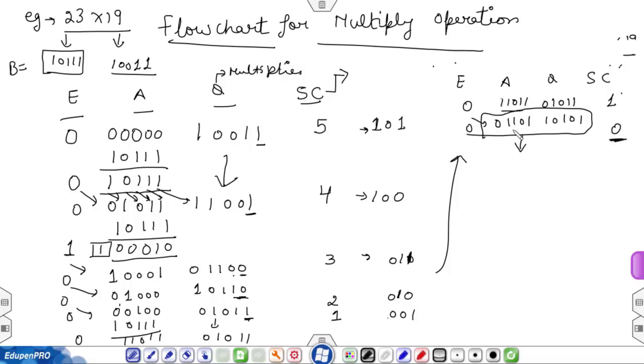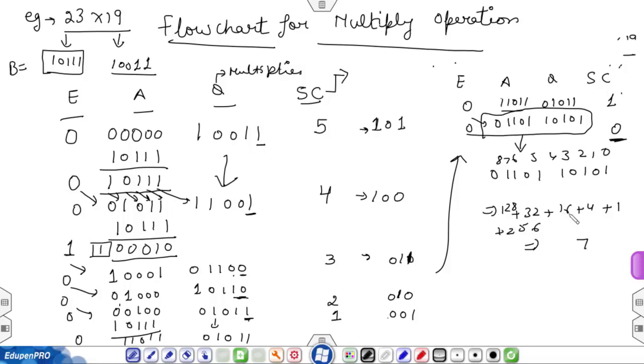Now here you can check the value 01101 10101. It will be equal to 1 plus 4 plus 16 plus 32 plus 128 plus 256, which is equal to 437.